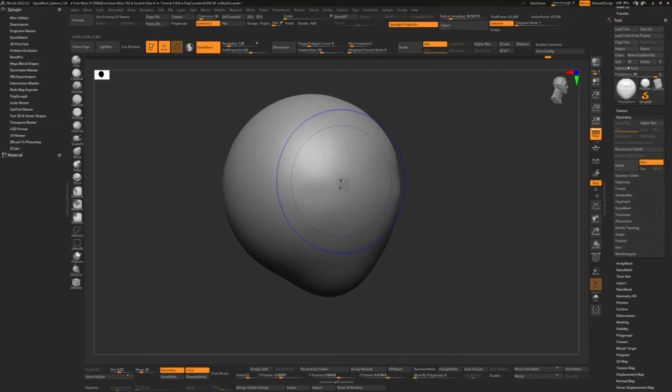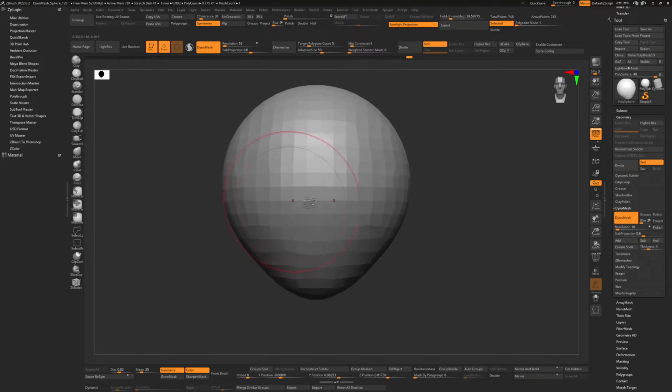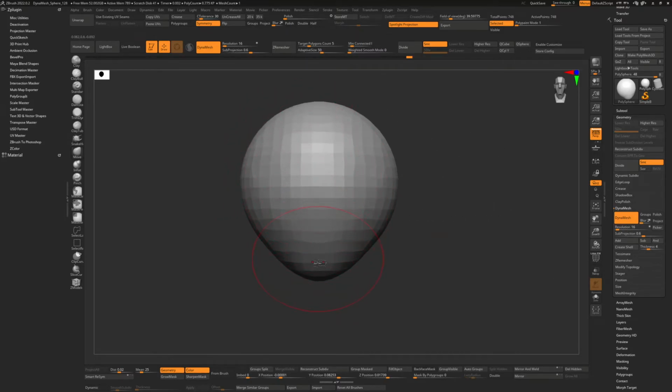So to begin with, I've got too much geometry. I'm in Dynamesh mode, so I'm just going to go to the Dynamesh, bring the resolution down and re-Dynamesh. Let's go even lower, re-Dynamesh. Let's just tap on it at first. Right, that's about right. I've got the move brush, and I want to use the move brush for as long